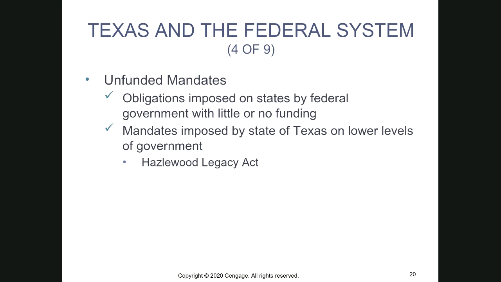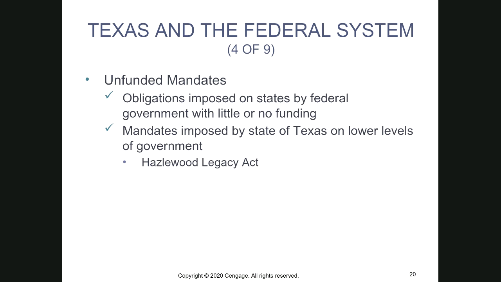In the No Child Left Behind Act, we saw the federal government come in and say, states, you have to enact all of these things to make sure that all of these students are college ready, able to read, do all of these other things that we think that they should be able to do on the federal level. Well, the federal government provided some money to the states, but it didn't provide nearly enough money to accomplish all of those things. So it was up to the states to figure out where they were going to get the rest of that funding from.